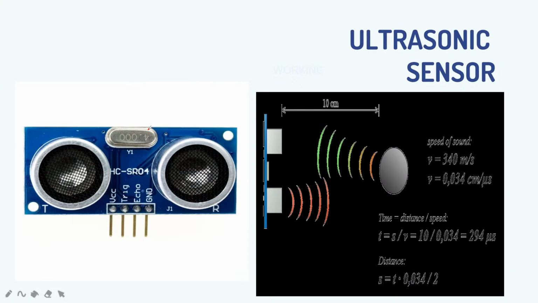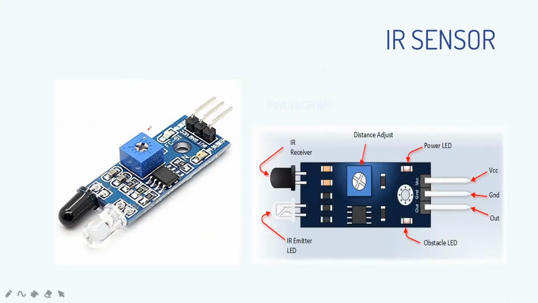But here are some other sensors, like the ultrasonic sensor. The ultrasonic sensor is used to measure distance. Mostly we use these sensors in cars. When we take reverse, we can detect obstacles behind and calculate the distance using this ultrasonic sensor. Not only for cars, we can use it for many other things also. Okay, and we have the IR sensor, which has two LEDs, one is a receiver and one is